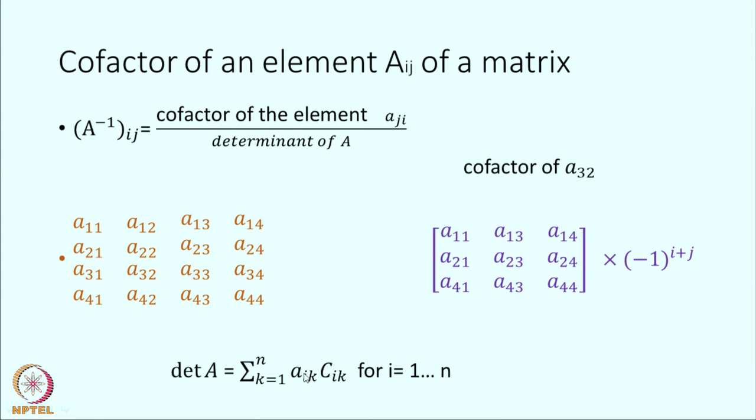Before I proceed further, suppose you want to find the determinant by multiplying all these quantities. For a 2 by 2 matrix, the determinant consists of only 2 terms. For a 3 by 3 matrix, it will have 3 factorial terms. So, for an n by n matrix, there will be n factorial terms which I want to calculate, and then add them to get the determinant. And as n becomes large, n factorial becomes very, very large.